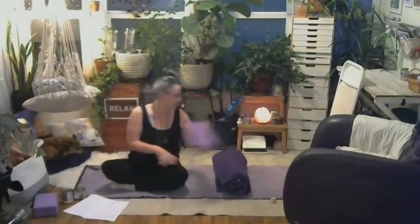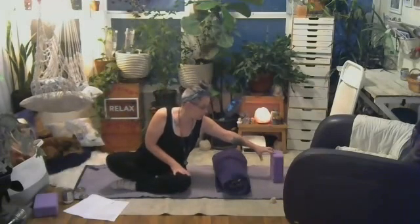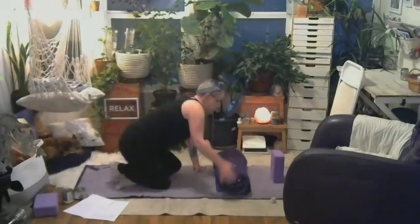It'll either be on the mama bear or the papa bear level. That's totally going to depend on what feels comfortable for your neck. So we'll come into supported sphinx pose. To do this pose,